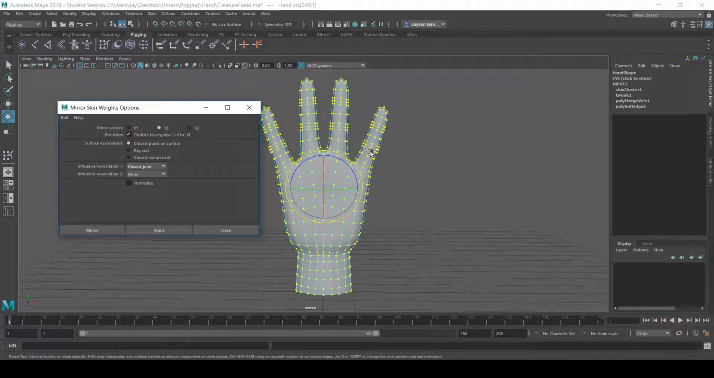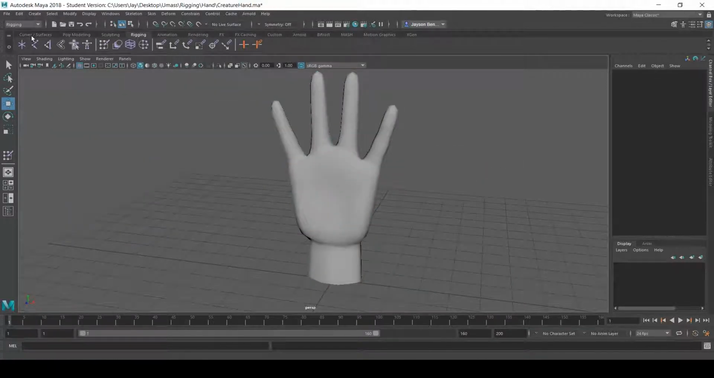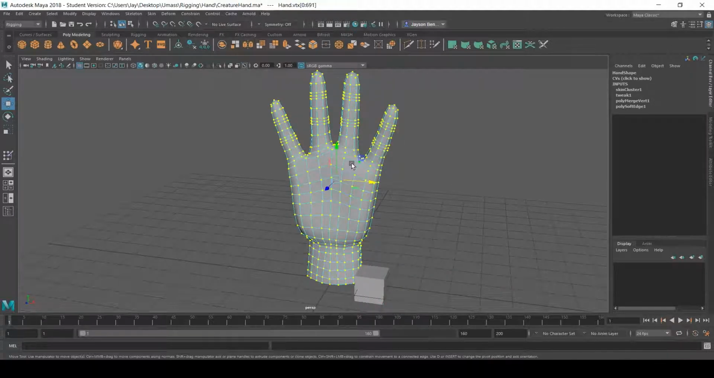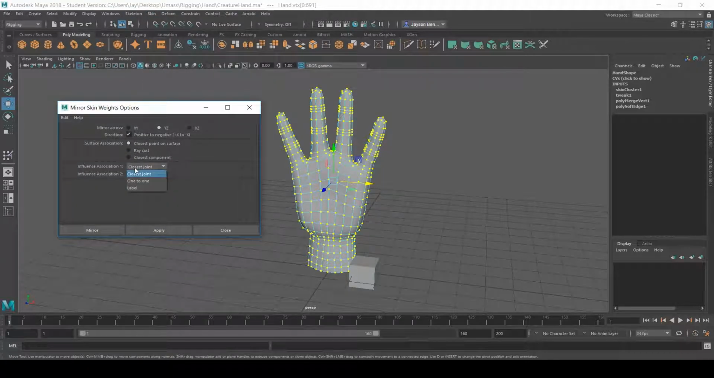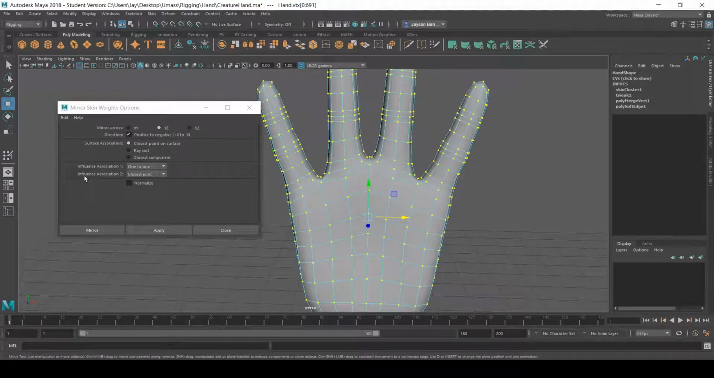So we want YZ, and because we're working across the negative, right? Actually, why don't we test this? So we can put down a cube and just push it that way. And so we do want it to go positive to negative, so the positive side across the negative side. Okay, so Skin, Mirror Skin Weights, positive to negative. We're going to change this to 1 to 1, and then the second influence is going to be closest joint. So if it's not 100% symmetrical, it'll go to the next closest thing. Alright, so then you can hit Mirror,